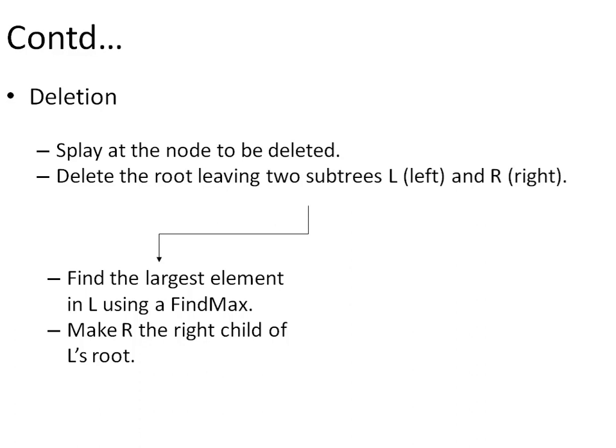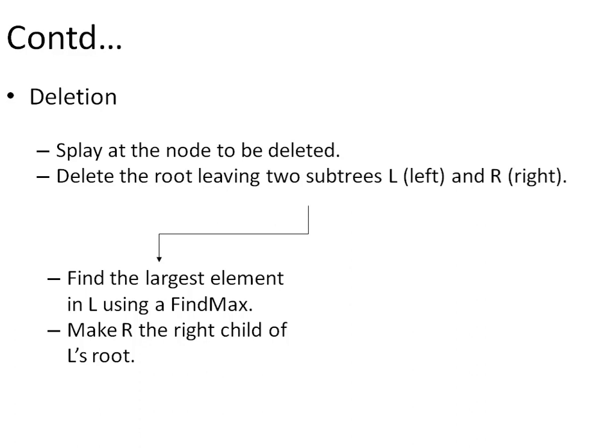It is similar to the scenario which we have discussed during the deletion operation in binary search tree, where we wish to delete a node having two children. If a node is having two children, we can either work with the predecessor or with the successor. In a similar way, if I am working with the left subtree, I am actually considering the case of predecessor. If I am working with the right subtree, I am actually considering the case of a successor.